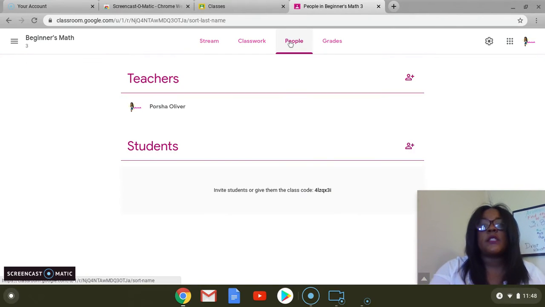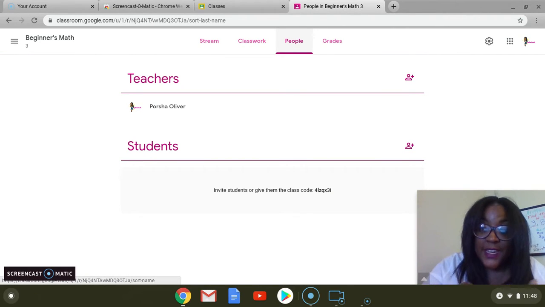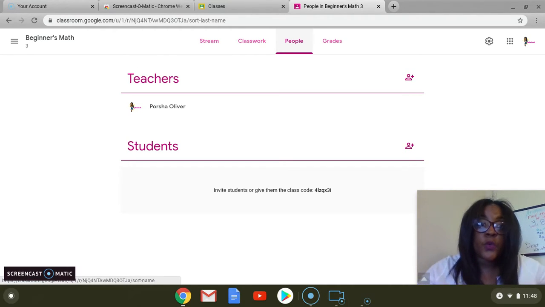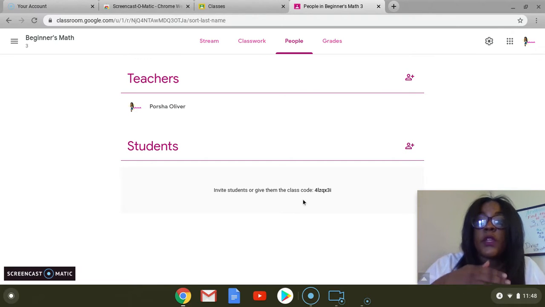So now let's go to people, because we need people in here in order for us to be able to just actually set up the Google Classroom. So it says invite students or give them the class code. If you give your kids the class code, you must remind them that they must use their school student